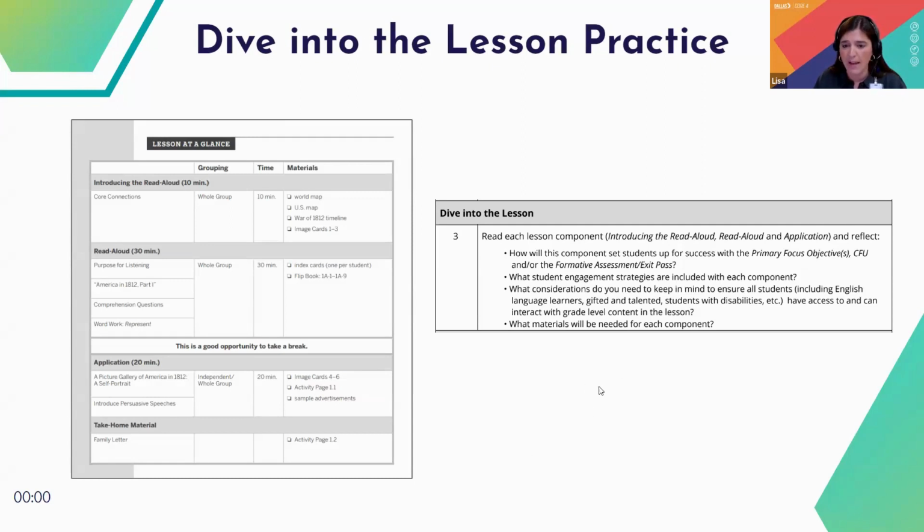Maybe by now you have an overview of where your students are at, maybe things that they struggle with. So thinking about these components ahead of time, where might I need to make some adjustments? It's also a great time to think about areas where we might want to mark some additional student support for our diverse learners.